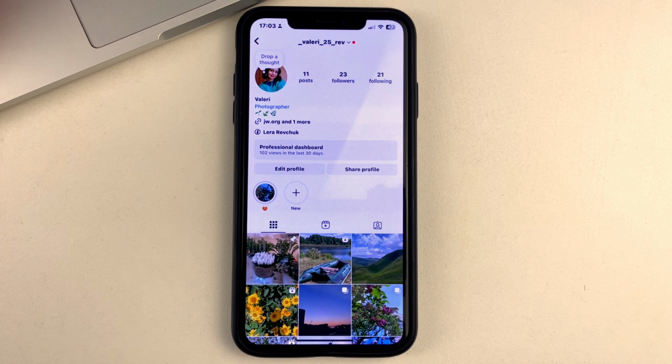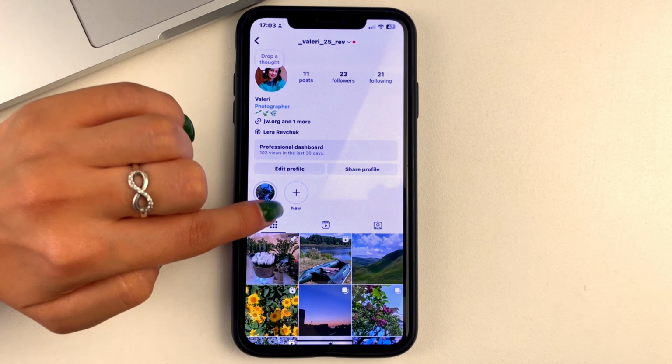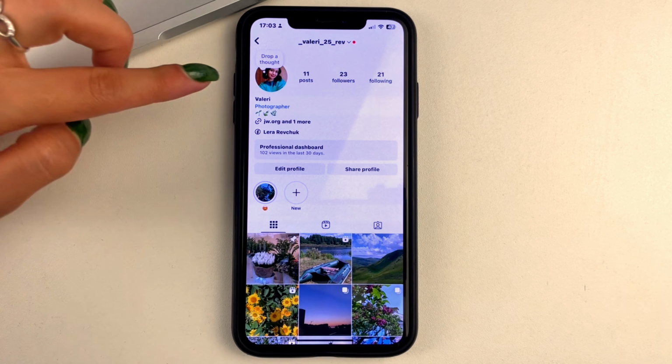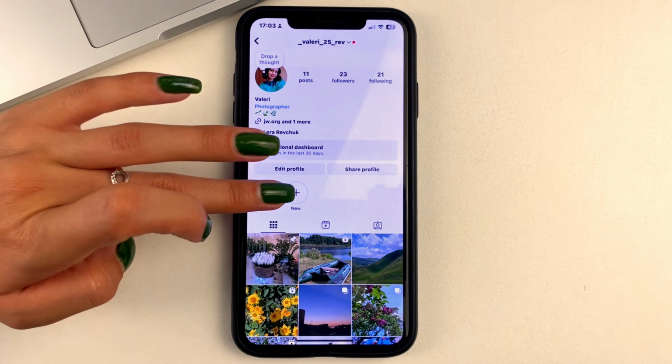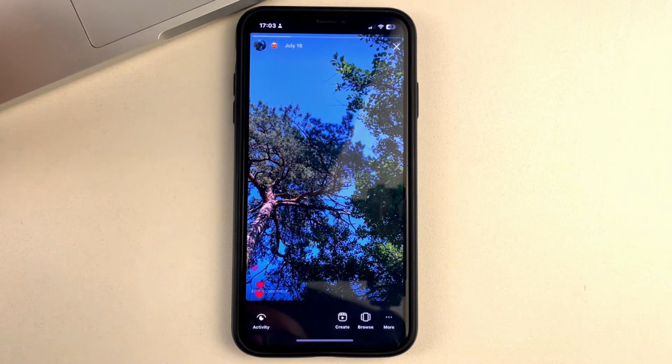And look, if you add your story from the archive to highlights, then they stay right here between your profile header and your publications. And those stories will always be on your page. And just like you, other users on Instagram can go and see that story.